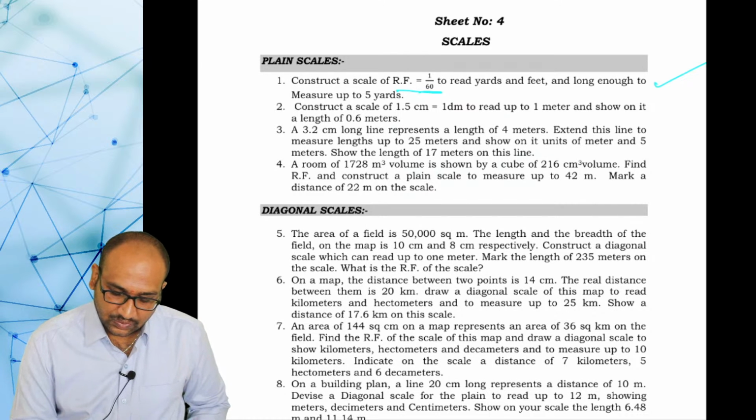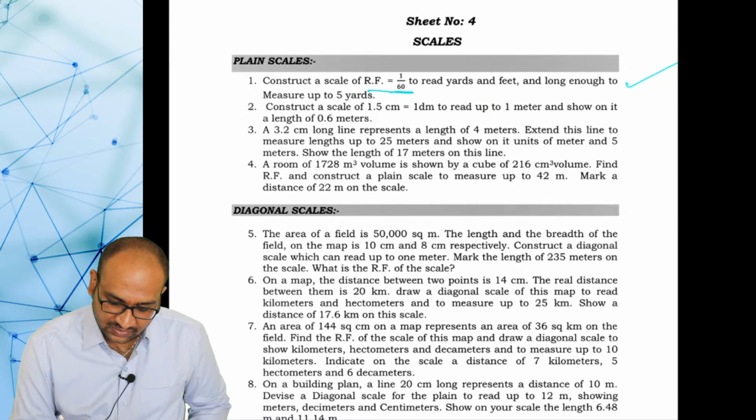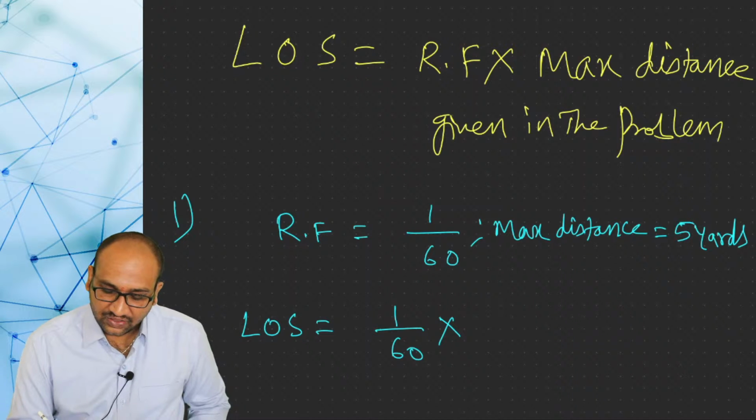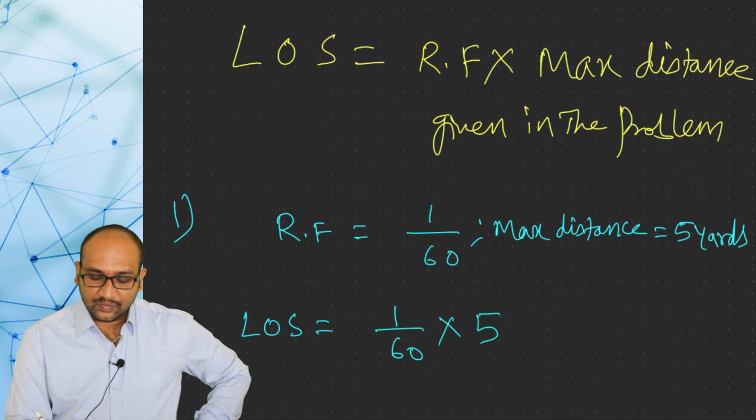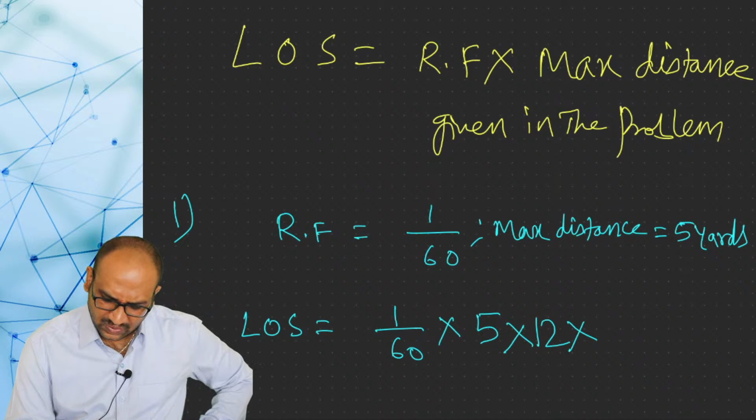First we need to calculate the length of scale. So we know that length of scale LOS is equal to RF into maximum distance. So the RF value is 1 by 60 here and the maximum distance is 5 yards. So we have to convert these yards into feet. 1 yard is equal to 12 feet and 1 feet is equal to 12 inches. 1 inch is equal to